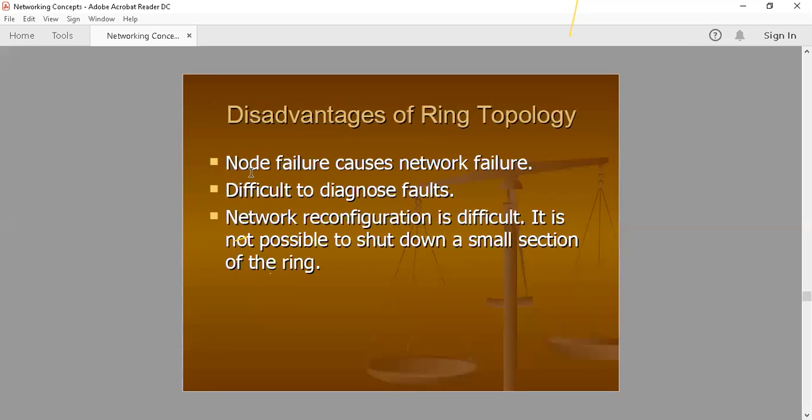Disadvantages of ring topology. Node failure causes network failure. If one system fails, the complete network system will go down. Difficult to diagnose faults. Network configuration is difficult. It is not possible to shut down a small section of the ring because each and